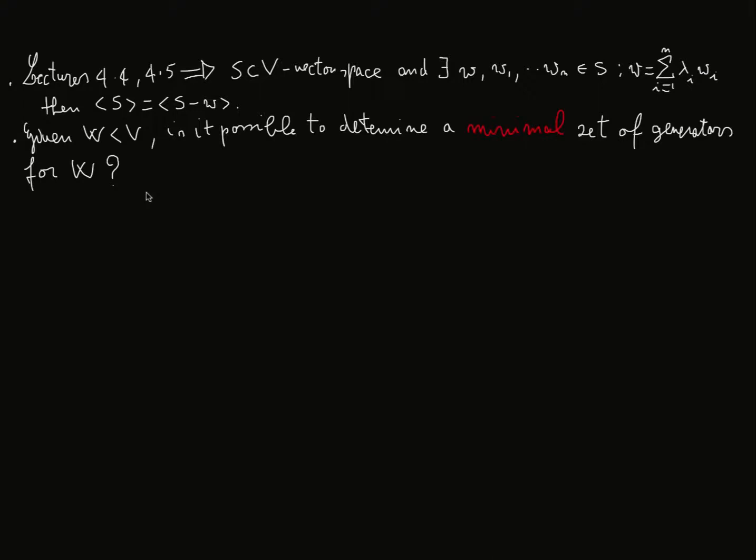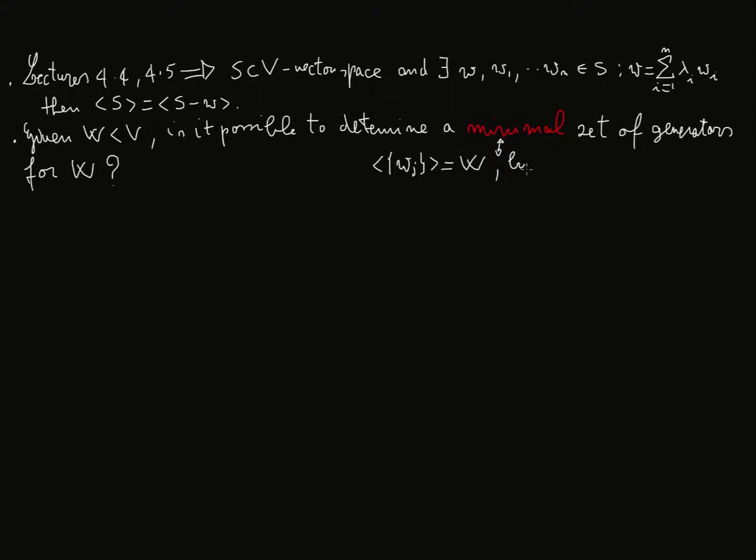What does minimal mean? Minimal means that the vector space generated by these Wj's is the whole subspace W,